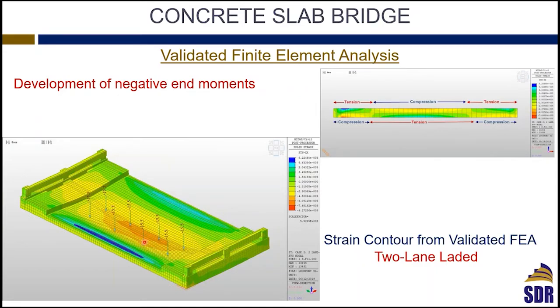Now, when you start looking at the results in the finite element, as we were expecting, you will see that at the end of the slab you see this blue contour here. This is basically negative strain, which means you have tension at the top, compression at the bottom. And this means that if you took a longitudinal strip along the slab in the span direction,